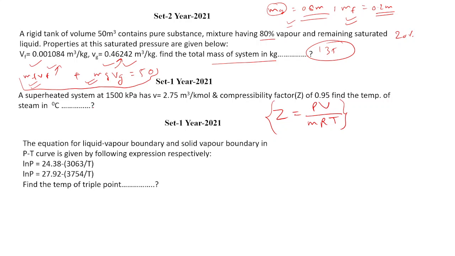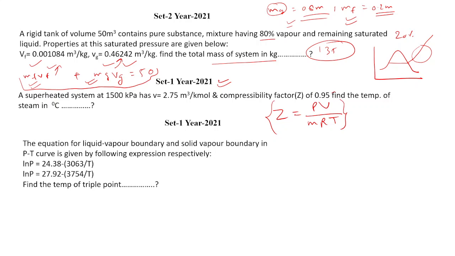So here in GATE 2021 it has come like superheated steam. Steam you can consider as a perfect gas, not an ideal gas, so some equations are valid. Because after that no phase change would be there, right? So only gas is there. They are considering that it will follow, but it will not follow ideally, because for an ideal gas the compressibility factor would be 1, and here it is 0.95, right?